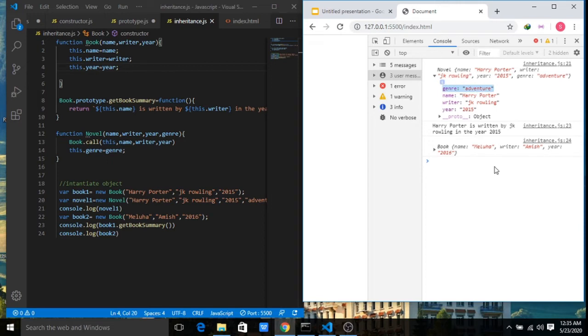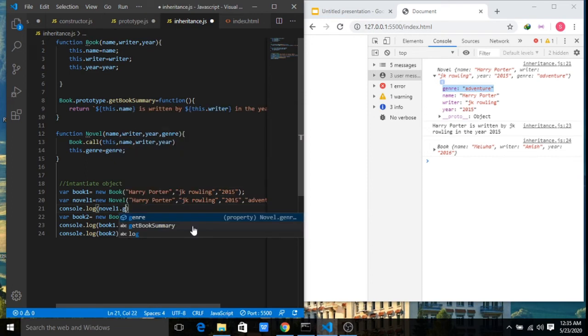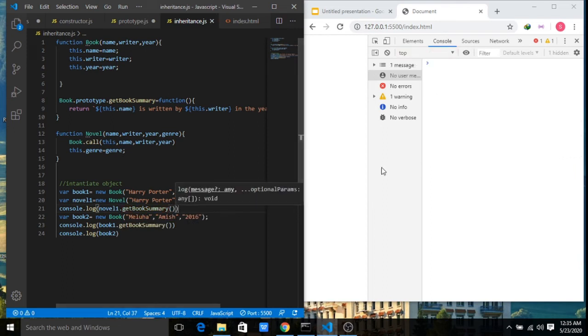Okay, then the next thing I want is, now if I want to access the get summary, will I be able to access it? We'll check it. So the method name is get book summary, and if I print it, save it,